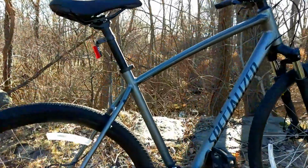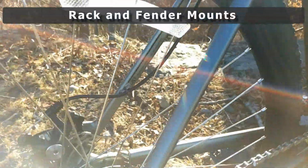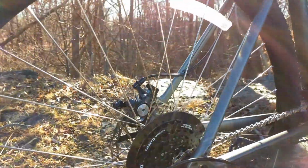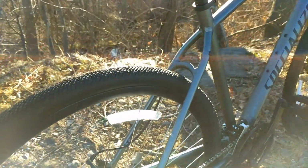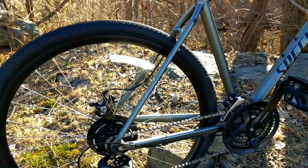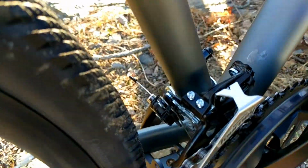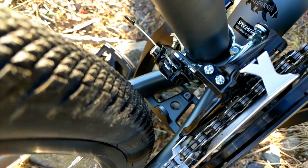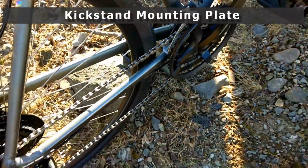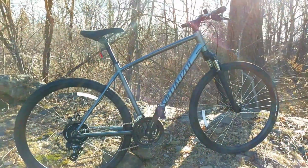They also do a nice job with adding features like mounts on the back end of the bike to be able to run all sorts of things from racks to fenders, and Specialized even makes what they call plug-and-play fenders, which will clip right in and are a really nice integrated way to add fenders. Down near the crankset, they actually run a plate for both a fender mount, as well as a plate where you can actually install a kickstand. So you get really nice kickstand integration on this bike,